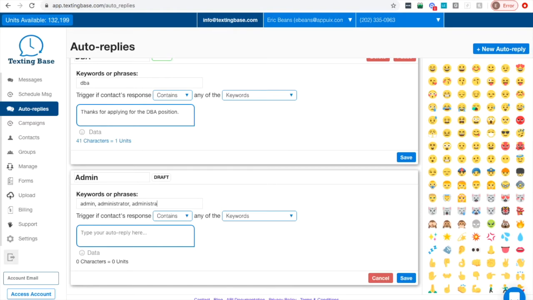Now you may want to automatically weed out people that can't spell administrator for an administrator position, but in texting, a lot of times people will misspell it. So I'm going to put in a couple misspellings and then say thanks for applying for the administrator position. We'll get back to you. And you can, of course, attach links into this. So if you want people to fill out a more complete application, assuming they've reached out for this position,